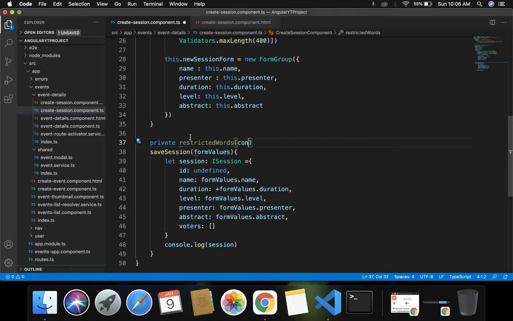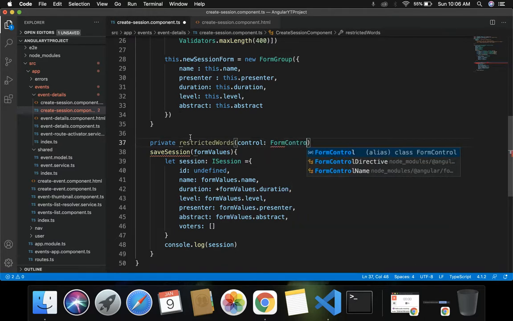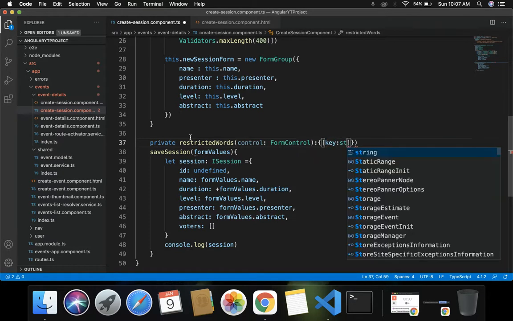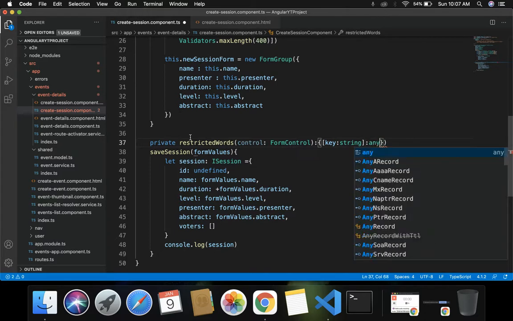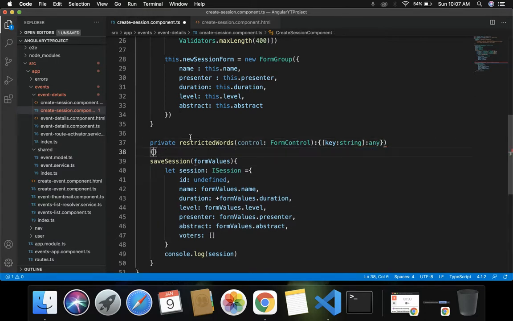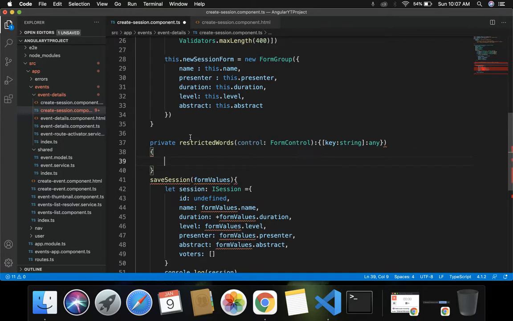This will take a FormControl as a parameter, and this should be of type string. It is the key we have to pass over here, key of type string. And for this function we have to return